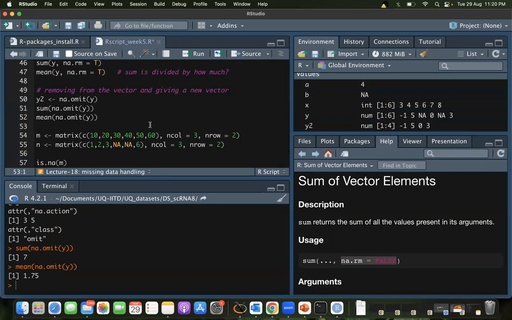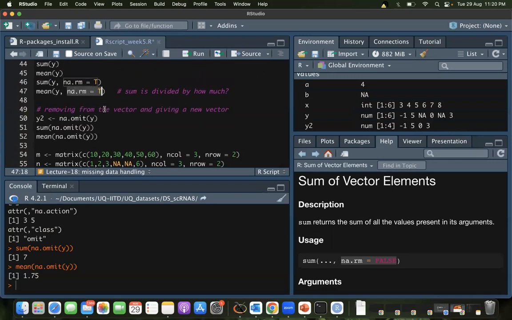Yeah. So once you have these values, if you would like to do some calculations, normally the NA is going to create a problem in calculations. So you would like to remove them. Either you would like to permanently remove them from your vector and create a new vector like this, or you would like to specify it while that calculation is happening. So then you can use na.rm.